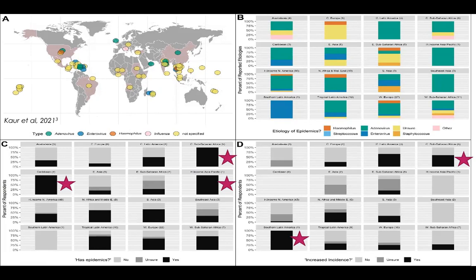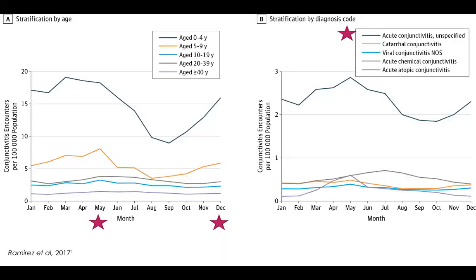And then the next slide, we have a chart from the first study that I spoke of about the US Emergency Department study on pink eye. And we see that the distribution of pink eye is spread out all across the calendar year. But in figure A, we see a specific peak of outbreaks by age per season per 100,000 people during the months of December. So right about here, it goes up